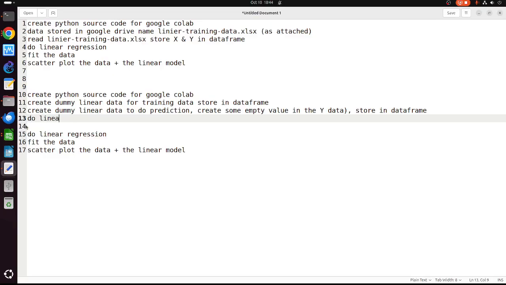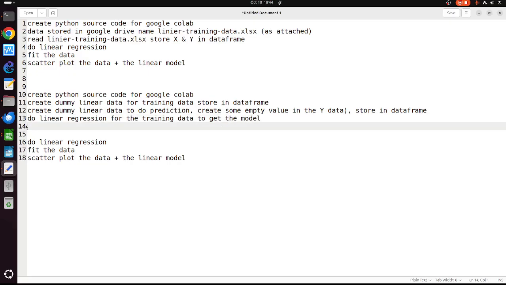Do linear regression for the training data to get the model. So now we have the model.